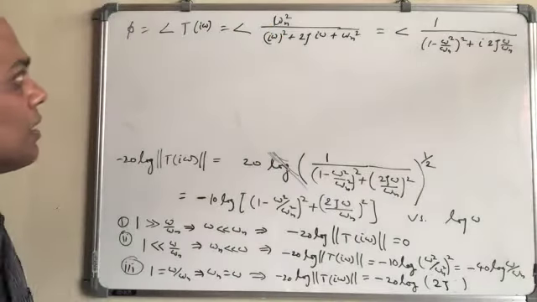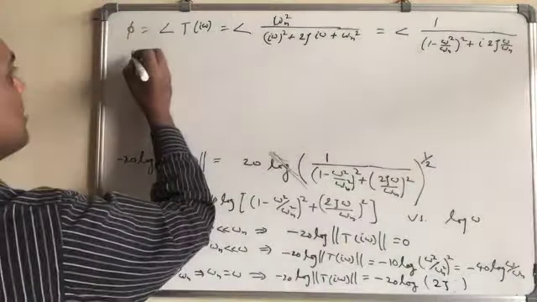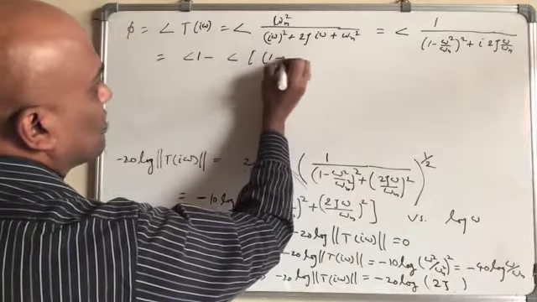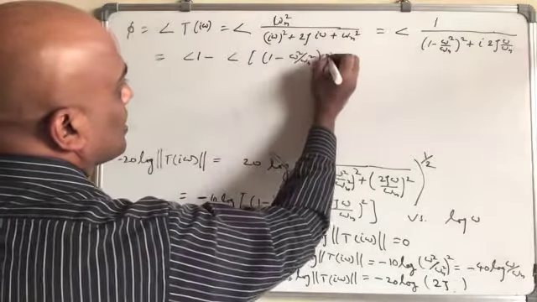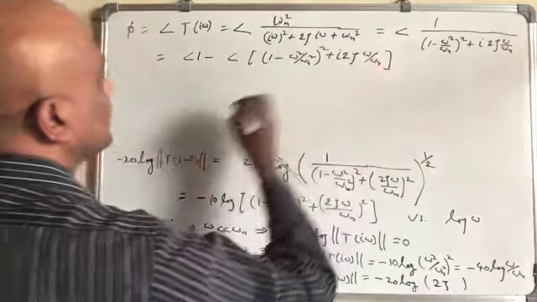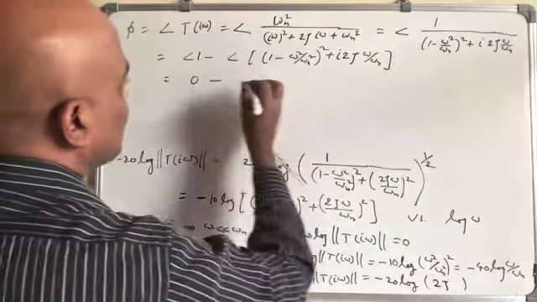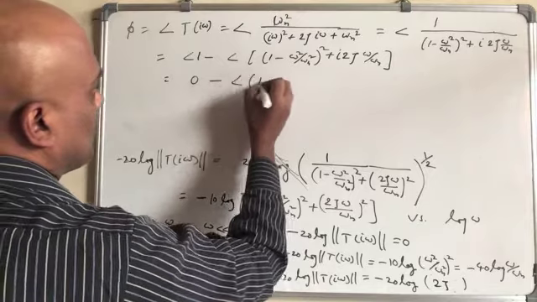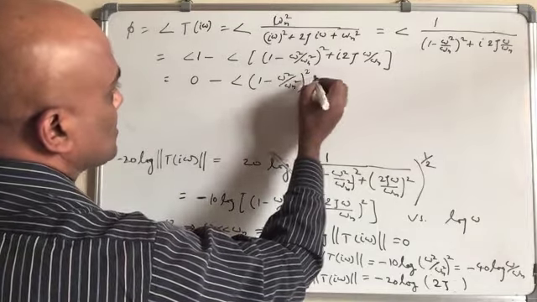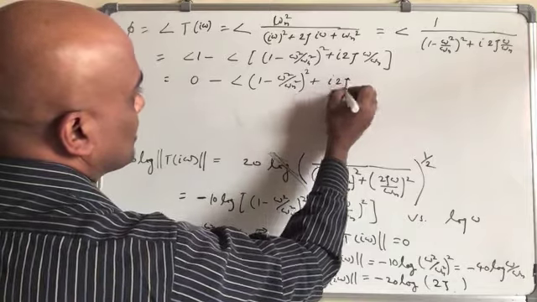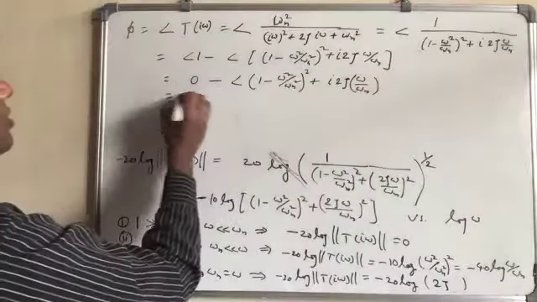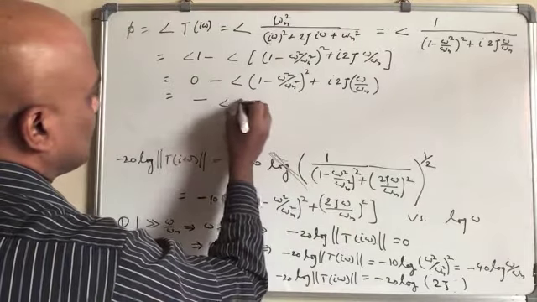Then phi will be equal to the angle of 1 minus the angle of 1 minus omega square over omega n square plus i 2 zeta omega over omega n, which is equal to 0 minus the angle of 1 minus omega square over omega n square plus i 2 zeta omega over omega n, which is equal to minus, and this will simply be the tan inverse of